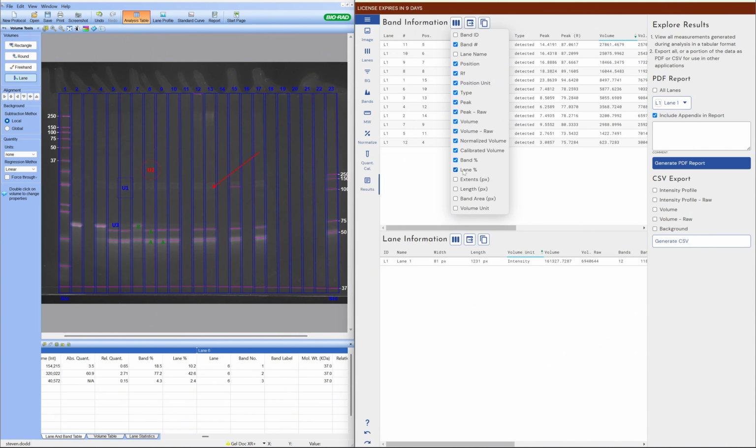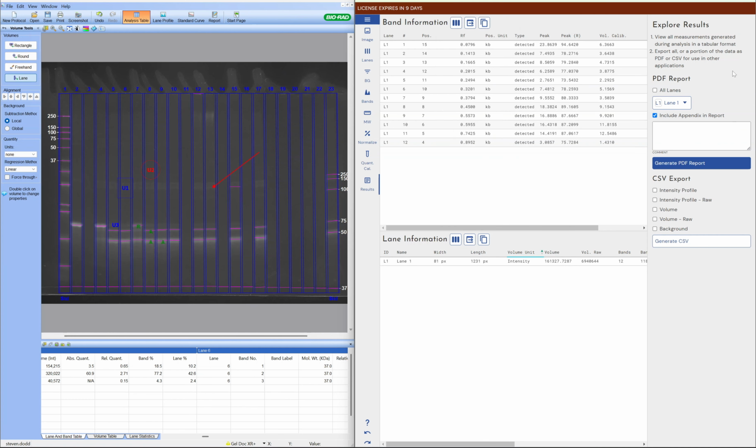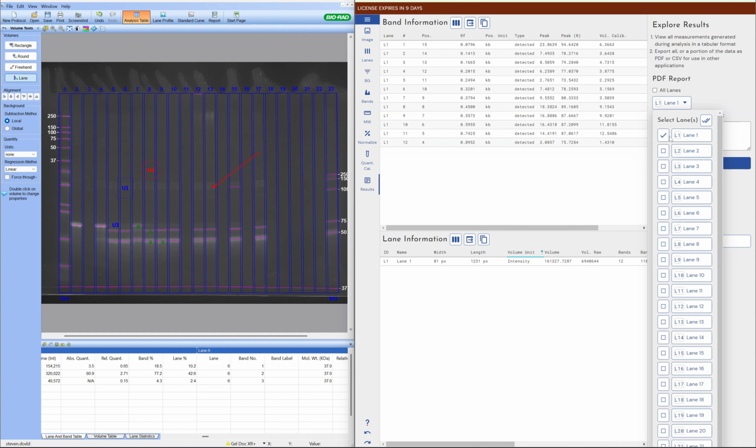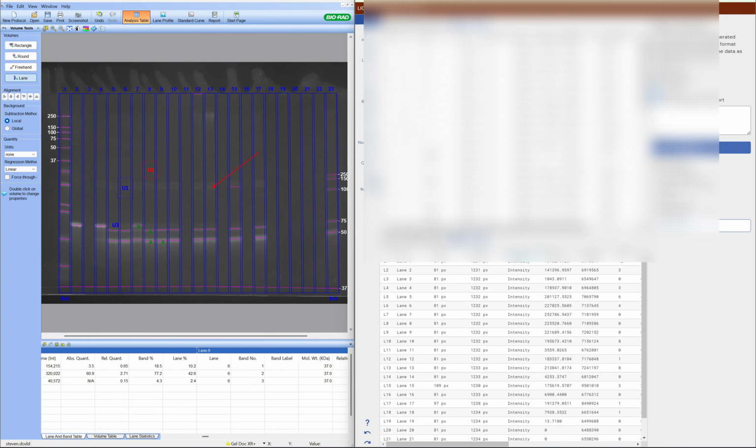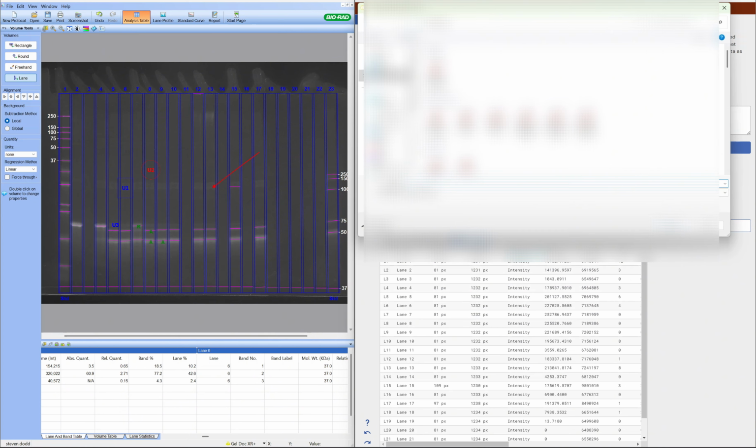So if you don't want to include lots of this information, you don't need to. If you only care about the things that I've got turned on here, as long as they're ticked, you can generate a PDF report for just all of that information. And you can also choose individual lanes that you want to export a report on rather than having to export everything. So if I generate a PDF report here,